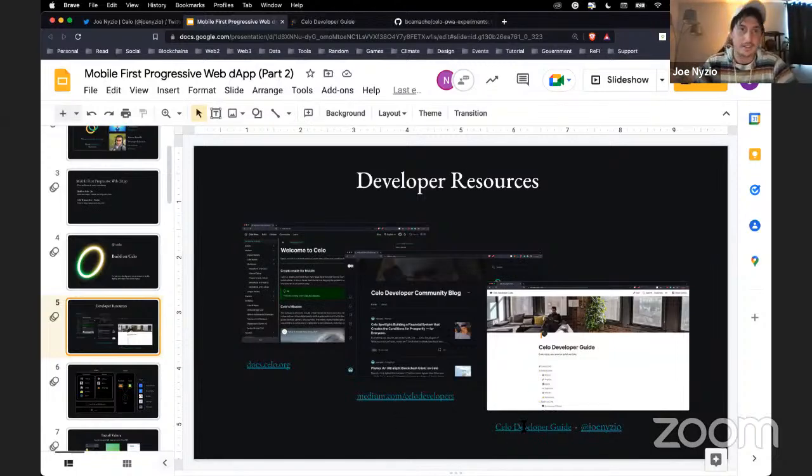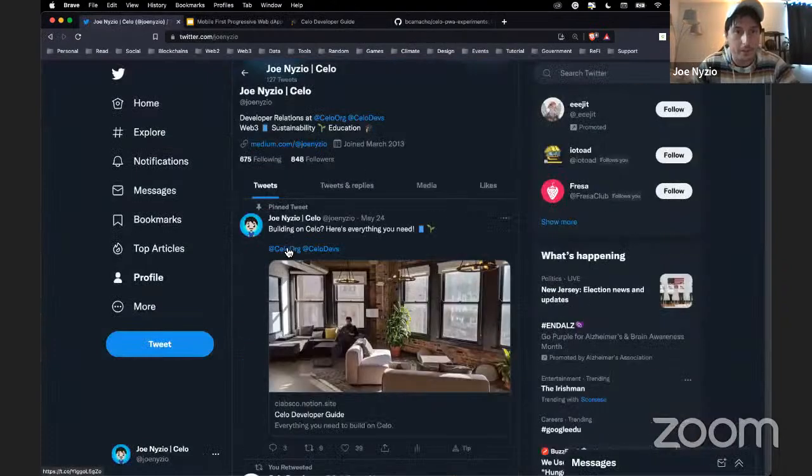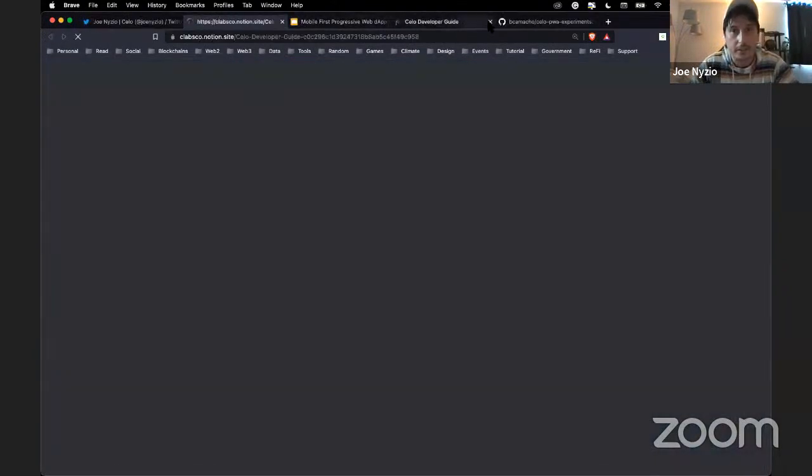And then the last one I made is called the Celo Developer Guide. No matter how organized we try to make it or how clear we try to write it, it's a decentralized ecosystem, with stuff coming from everywhere. So I made one resource that for me was just the best path I could think of, and really just links to all the important information. This one is what I use the most right now, and it links to the blogs and the docs a ton. I'll be talking through it a lot. I have it pinned to the top of my Twitter, and that'll take you to this guide here.